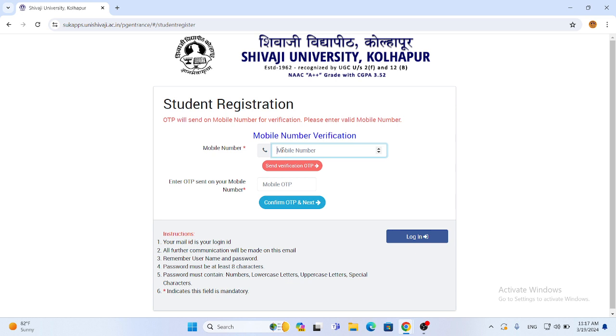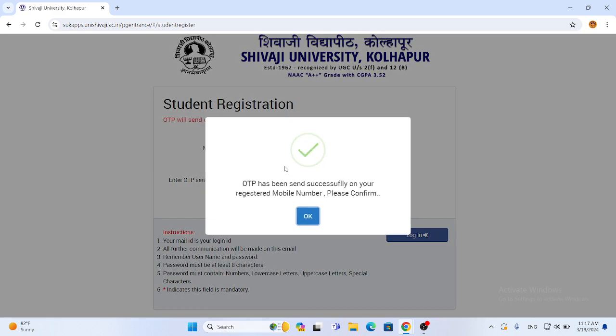The system will next redirect to entering the mobile number. Enter your mobile number. Again, I will follow the same procedure for sending a verification OTP to my entered mobile number. OTP has been sent successfully to your registered mobile number. Please confirm.